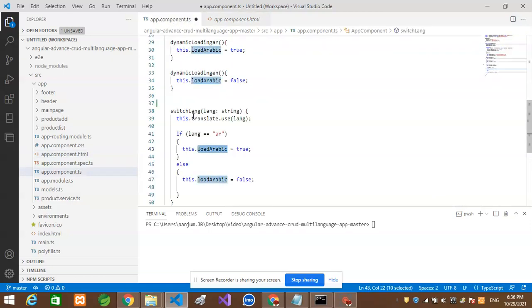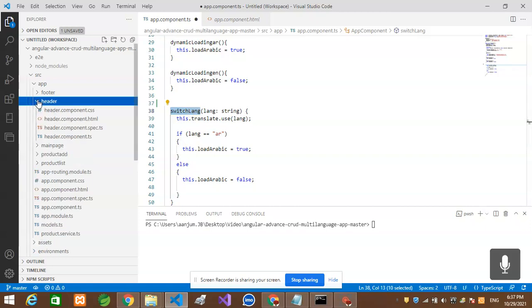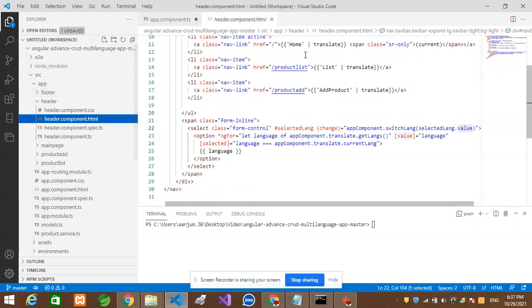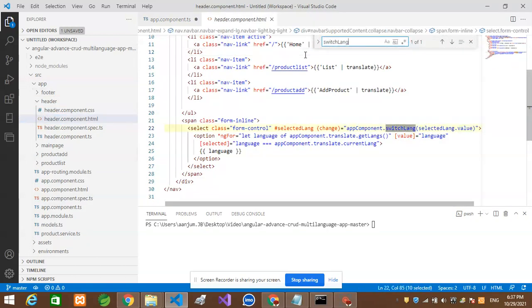Now we will check where we call this switchLanguage function. Just copy this and go to header.component. Here we can search. Yeah, this is a select tag. This is basically a selection list.